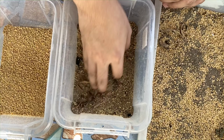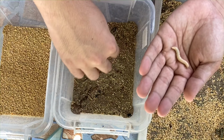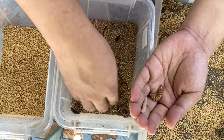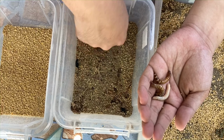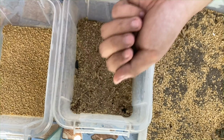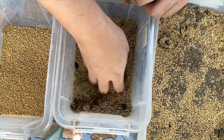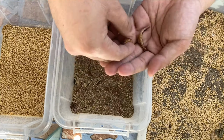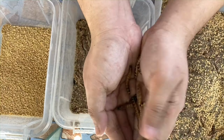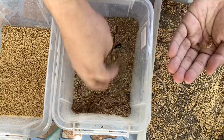In establishing your darkling beetle colony to produce superworms, we have to follow a specific process. Sabi ko nga kanina, medyo aggressive yung mga superworms. And kapag nag-morph sila kasama yung mga ibang superworms, ang tendency is pwedeng kainin yung mga pupa. So in order for you to establish a darkling beetle colony, kailangan mong paghiwa-hiwalayin yung mga superworms pag nag-morph na